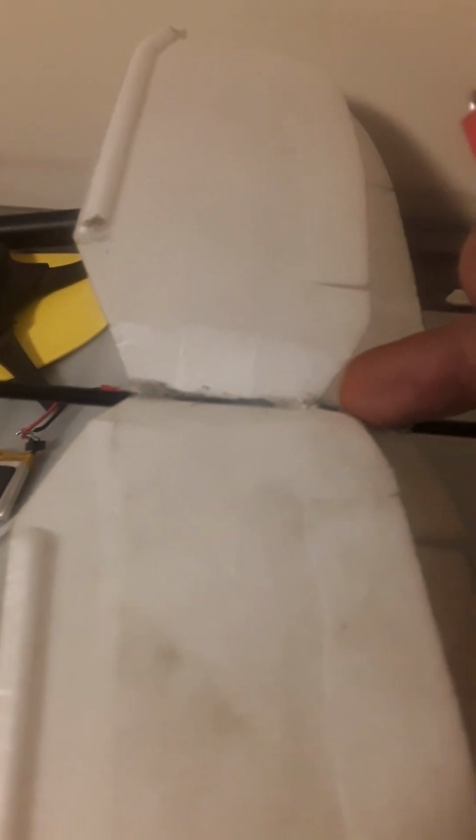Now we have this guy. This is our 350, but the reason it's there is because I'm going to actually lay my ESC right here. That's about 1 gram and a bit, a little over 1 gram. Then I'm going to lay my 1 gram servo boards here and here. That's 3 grams. Then I'm going to lay 2 more 1 gram servo boards inside. That's 5 grams. Then add glue. We're looking at 6 grams. And then I'm going to have a servo right here. No, I'm going to have my receiver right here, which means this